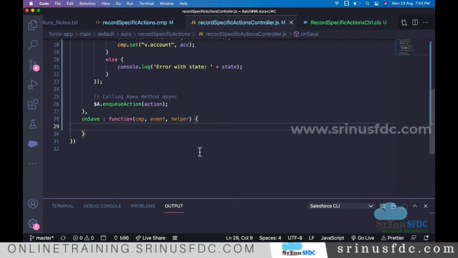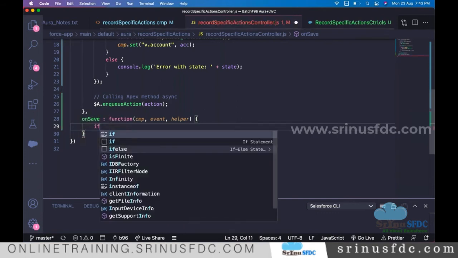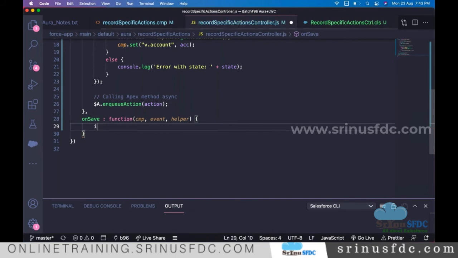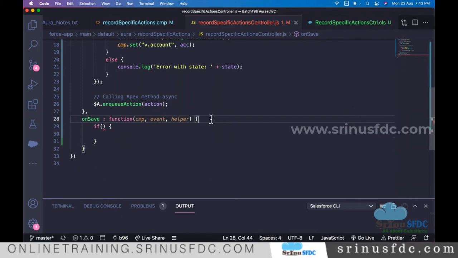Okay, so here I'm defining one variable because I want to change this value.